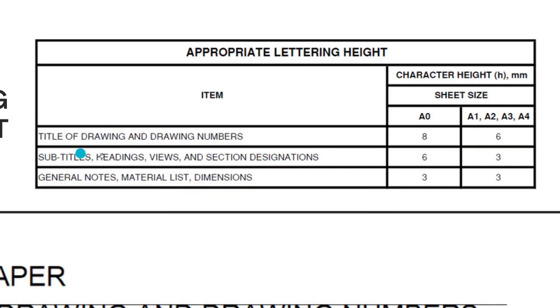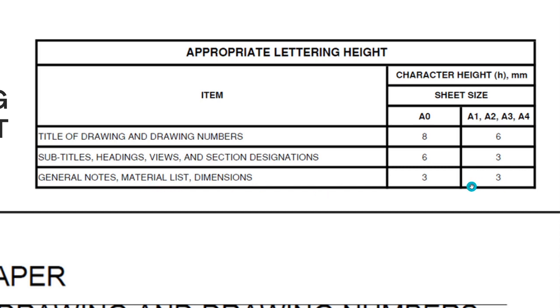Our title of the drawing, or the drawing numbers, would be 6 mm for an A4 paper, and 8 mm for an A0 paper. So let's focus only on A1, A2, A3, A4. So we have the subtitles, headings, views, and section designations. We will have a size of 3 mm for the general notes, material list, and dimensions